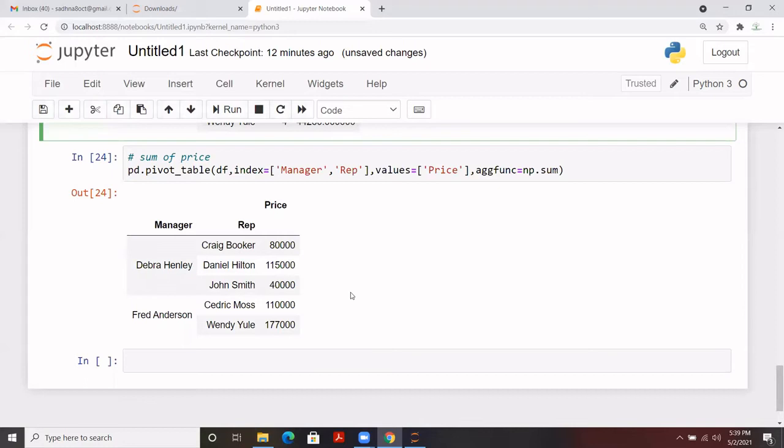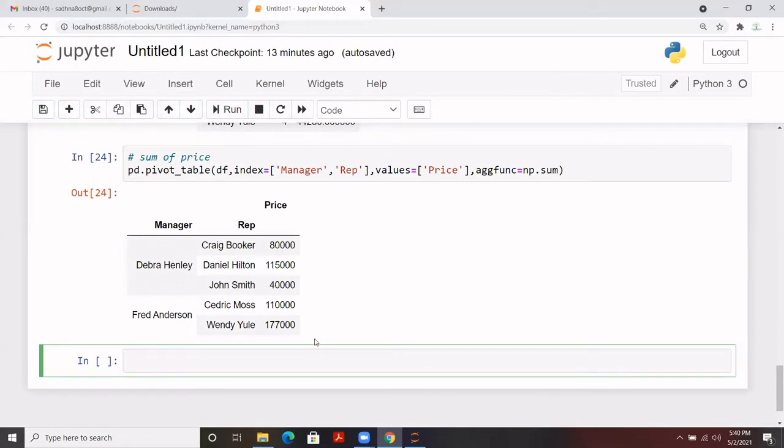Now, one of the options that we can use is index and values. There is one other option to break down the different columns and summarize the output. That is, we can mention any of the columns in the columns attribute. How can we do it? Let me write it here.